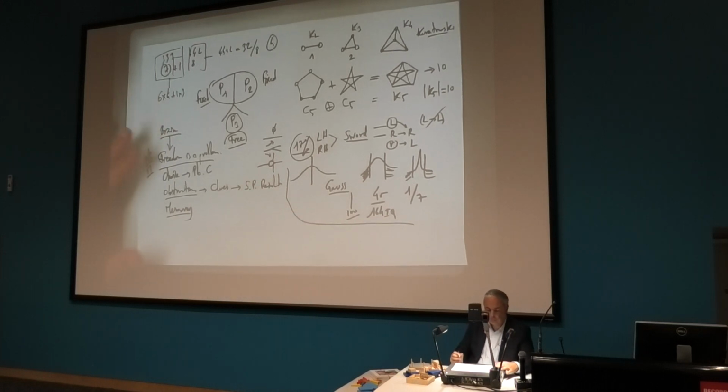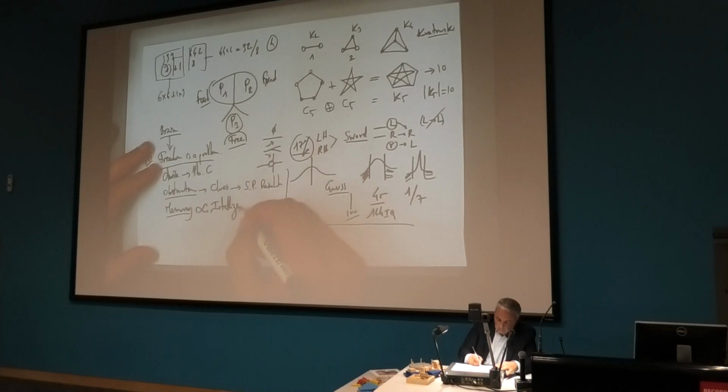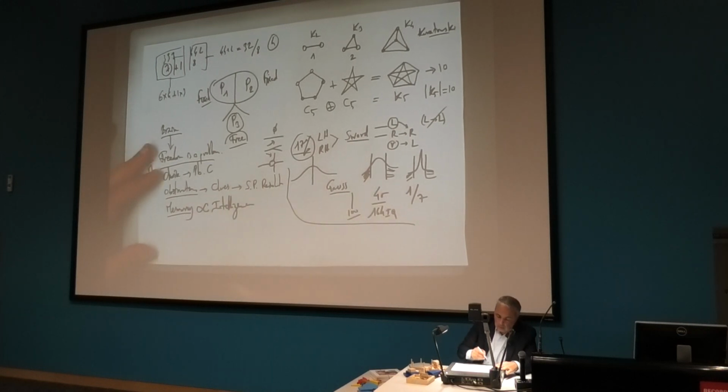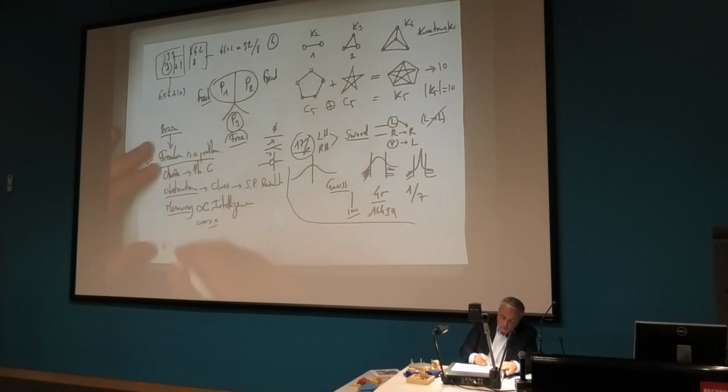So memory is in fact related to intelligence, and with a positive correlation. But it's not so obvious. Why? Because memory